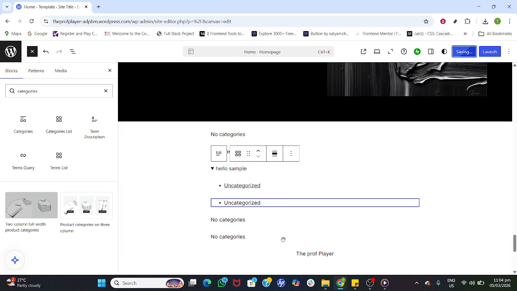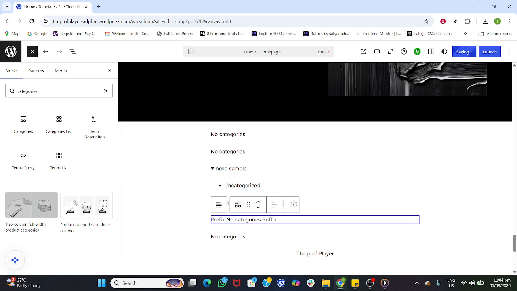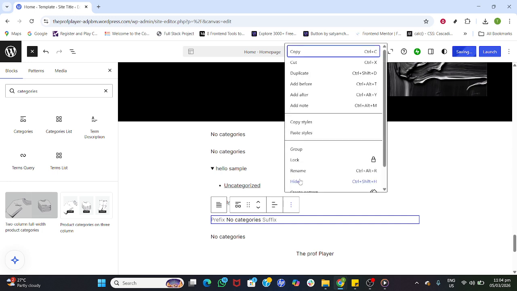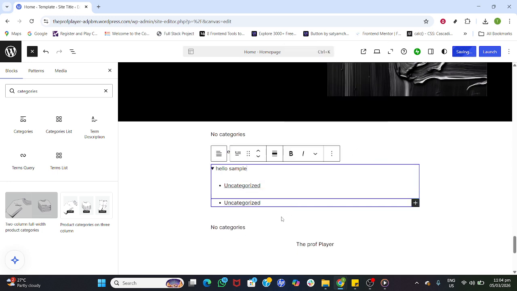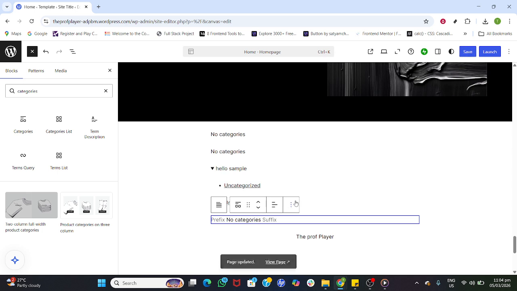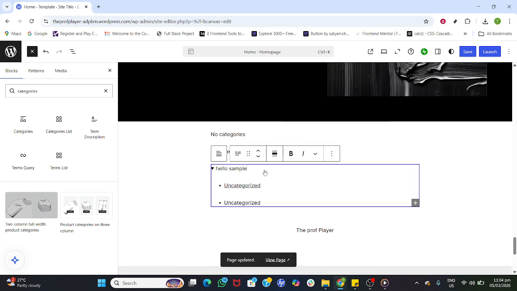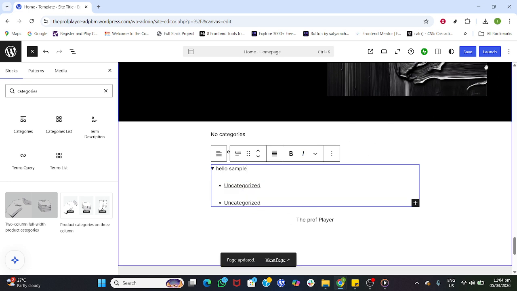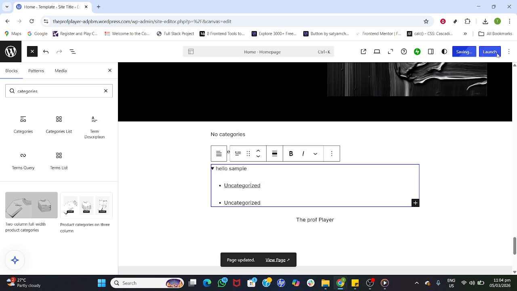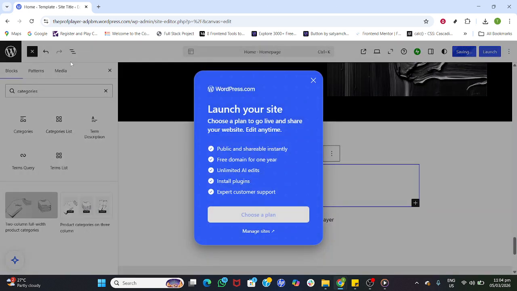styles. When you're happy with the cleanup, click Save. WordPress will confirm the changes that apply to this template. After saving, preview the page to make sure everything looks the way you expect. If anything seems off, revisit the editor, select the correct block, and adjust as needed. And that's it. Your site is tidier, your pages are cleaner, and your categories only appear where they truly